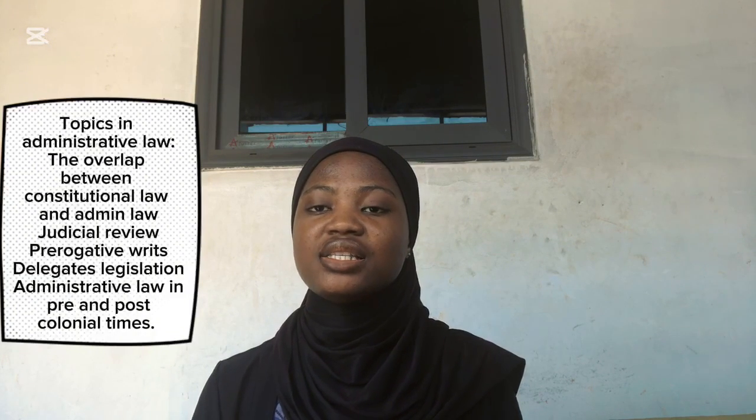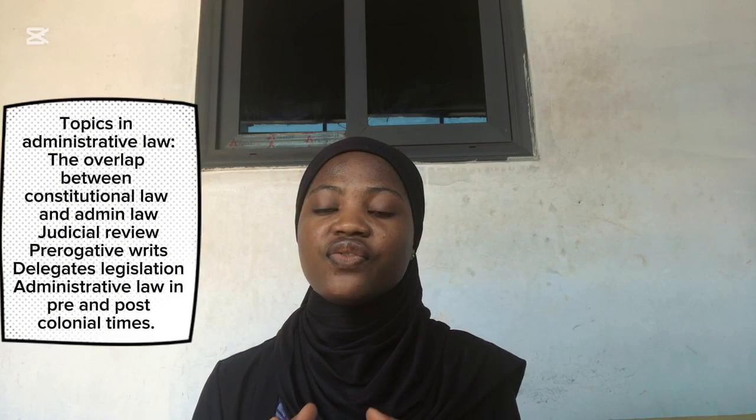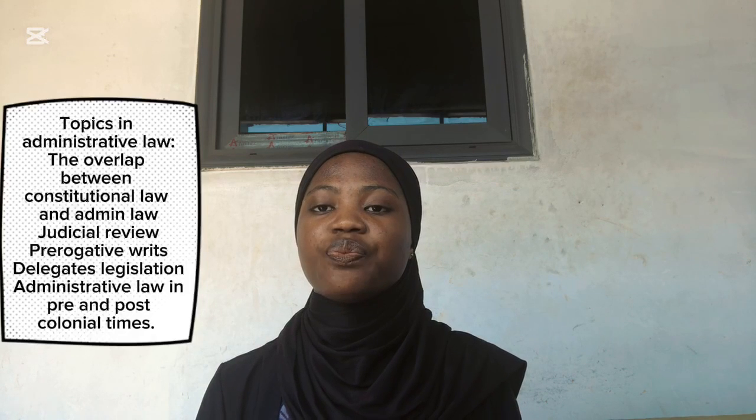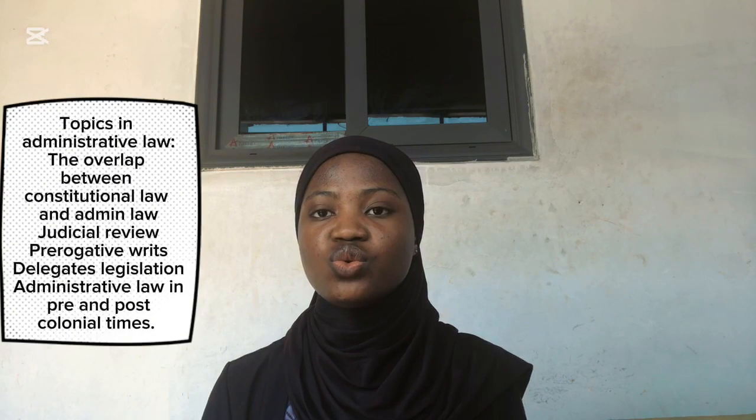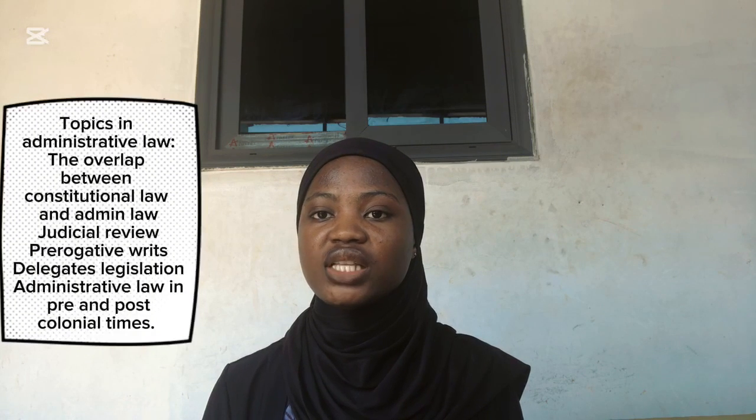And so in administrative law, you'd be concerned with, first of all, the overlap between administrative law and constitutional law. You would also look at concepts like judicial review. You would look at prerogative writs, very important because historically we have learned, even in constitutional law, that prerogative writs are used to enforce some of these restrictions. So we are talking about habeas corpus, prohibition, quo warranto, and all of that. You'd also be concerned with delegated legislation, among a host of other topics that would require you to assess these restrictions.